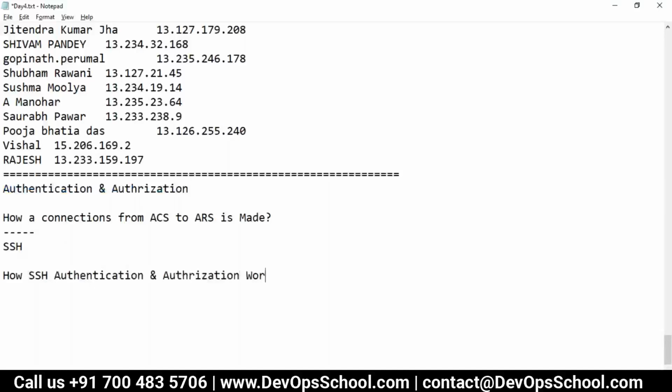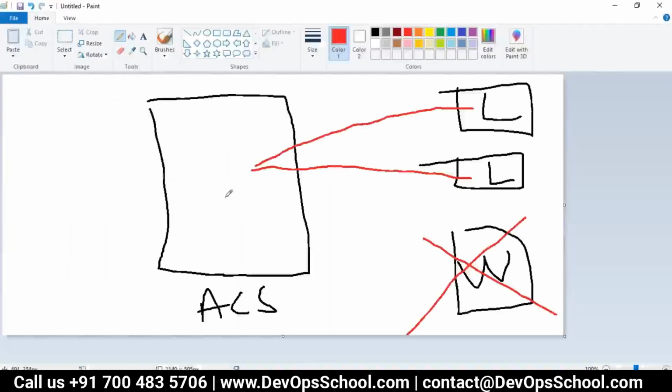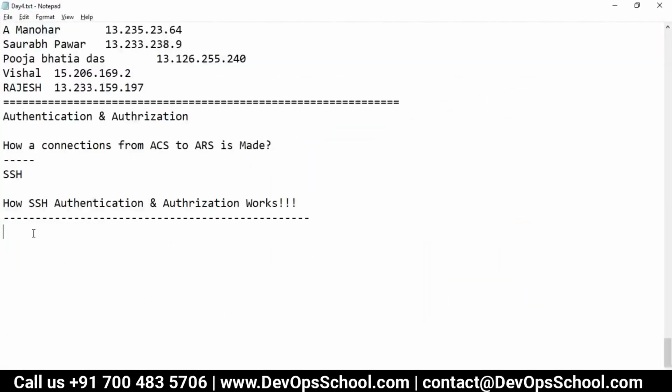We are using SSH for so many years, so I don't think we'll get stuck. Tell me how this machine can connect to this machine. Through the IP address, and if there is a port, then we need to enter the port.